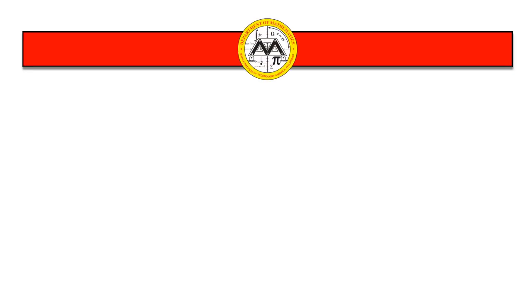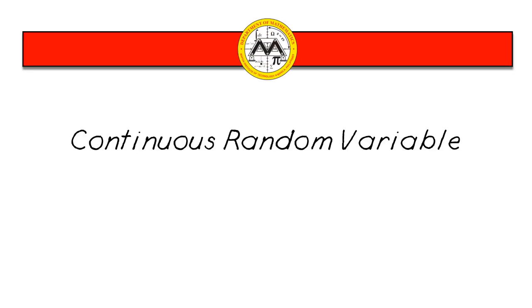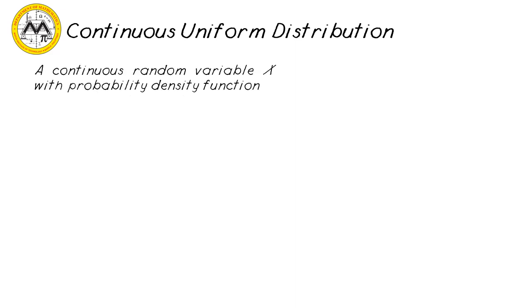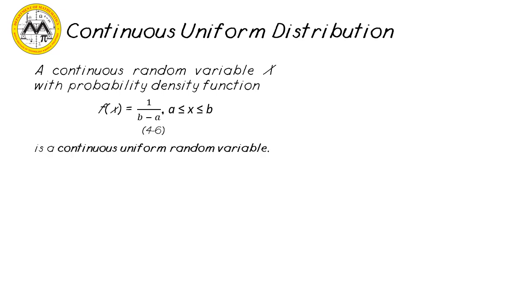Hello everyone, and today we're going to have a special type of continuous random variable, specifically the uniform continuous random variable. For the continuous uniform distribution, a continuous random variable x with a probability density function f of x equal to 1 over b minus a for x in between a and b inclusive is a continuous uniform random